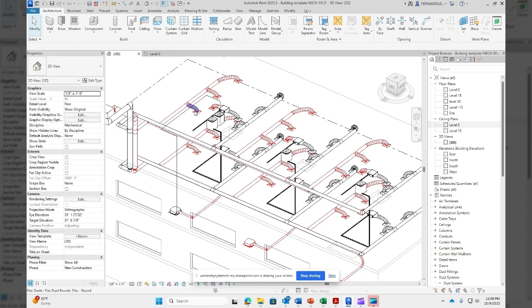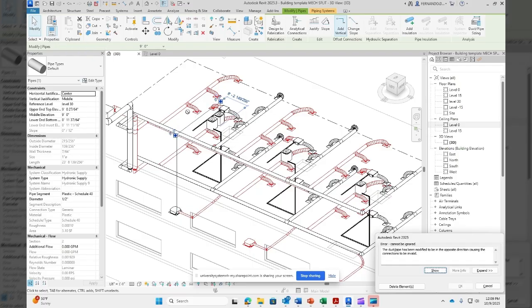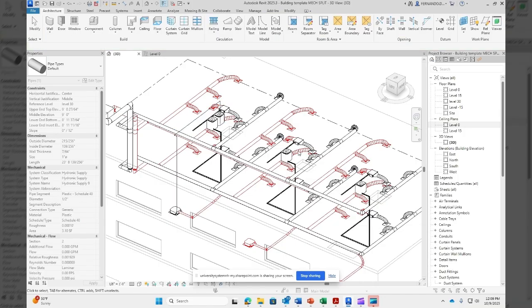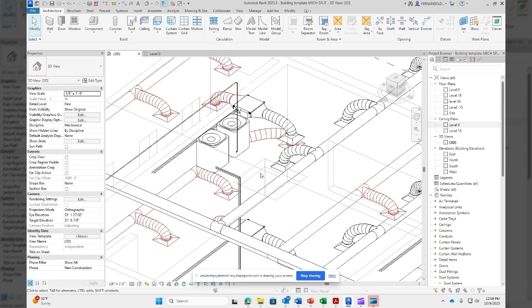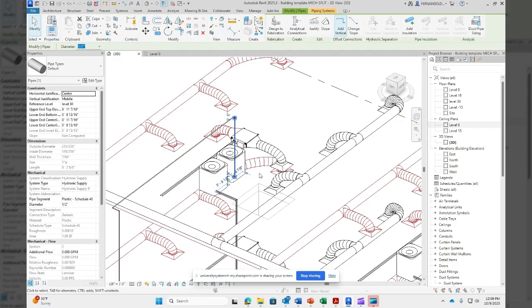But we can fix it. At least we have a proposal, and then if we keep moving this, remember that we have to go to this shaft. So yeah, I'm not very happy with this, but if we keep going,